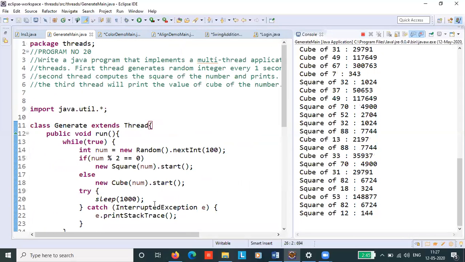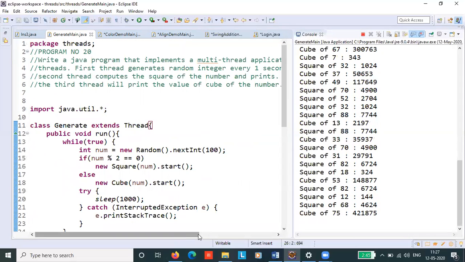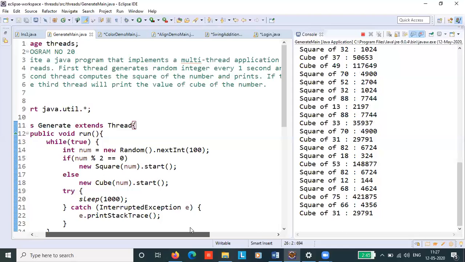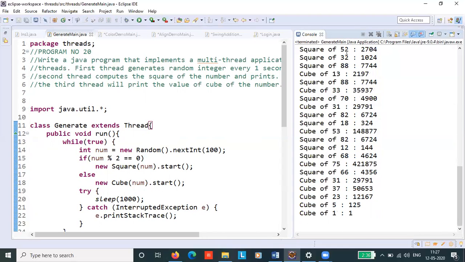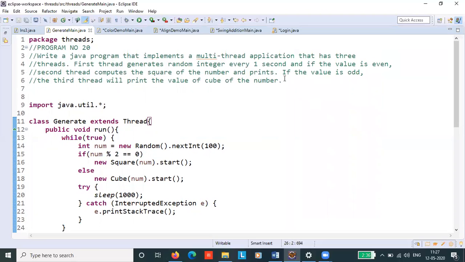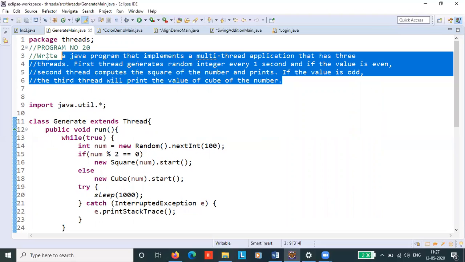So this program is very simple. Read the problem statement properly. You have to create 3 threads. Everything depends on the first thread, that is the generate thread.